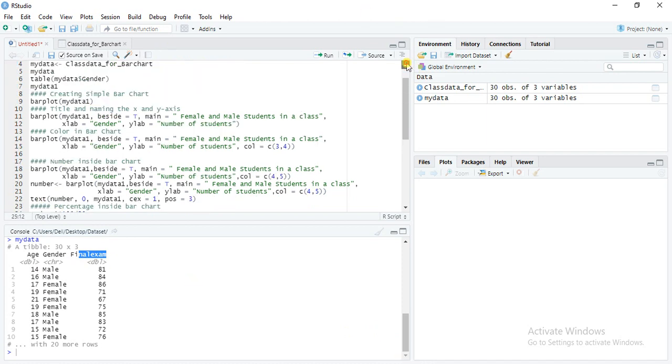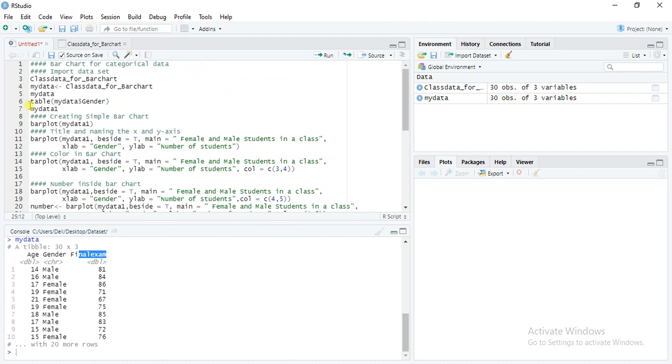Now what should we do? Before creating any graph, we will make a table. So how to make a table? table, my data dollar sign gender.